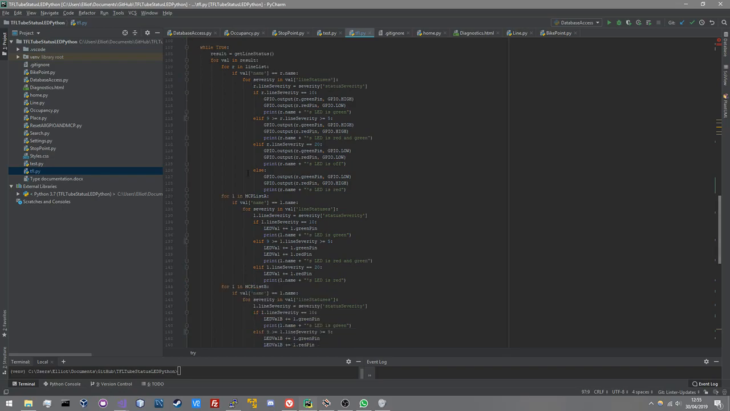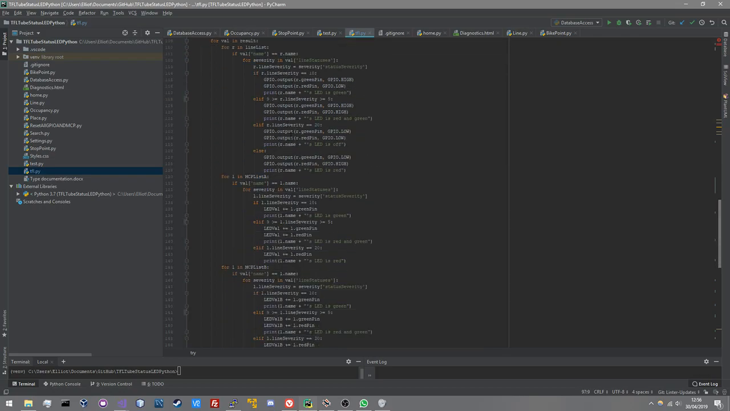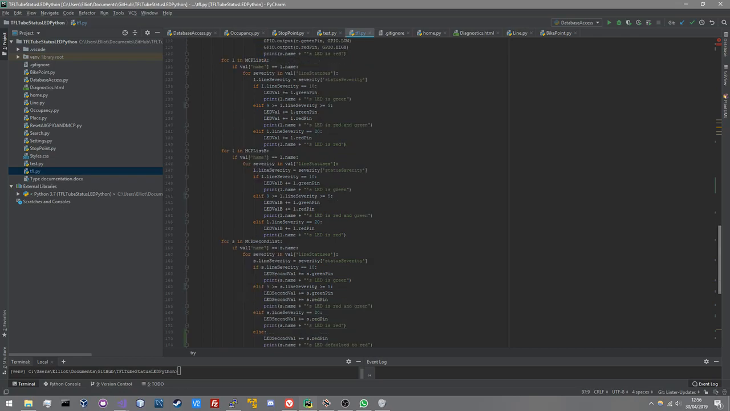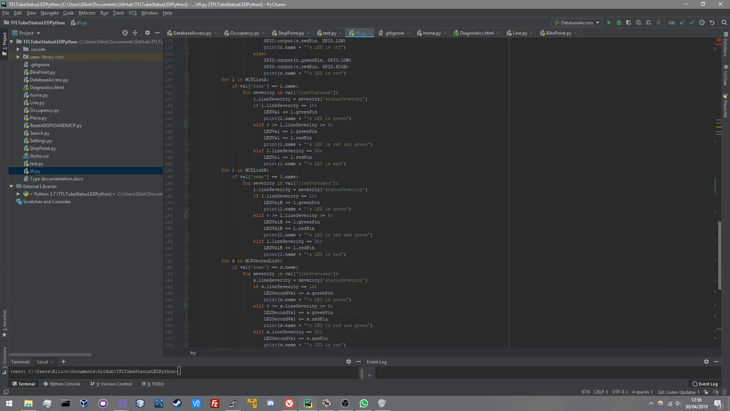And then for each line in these lists here, the severity level is checked, and then GPIOs are changed based on that severity level. For the ones connected to GPIOs, that's just turning GPIOs off and on, and then for the ones that are connected to MCPs, it's adding the binary values to an overall output, which is then sent to the MCP,